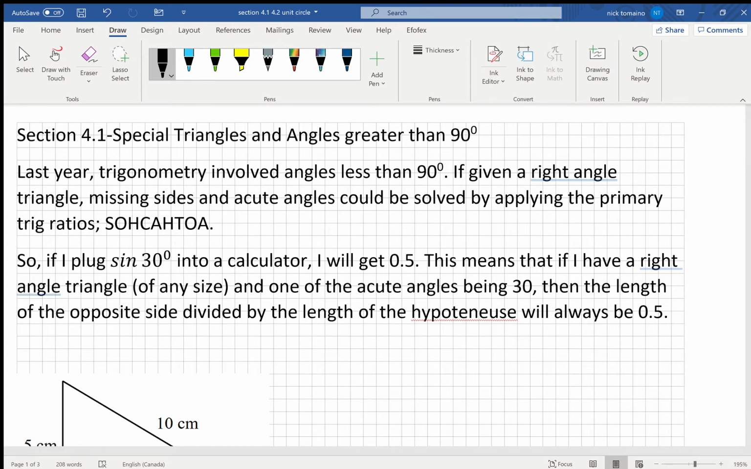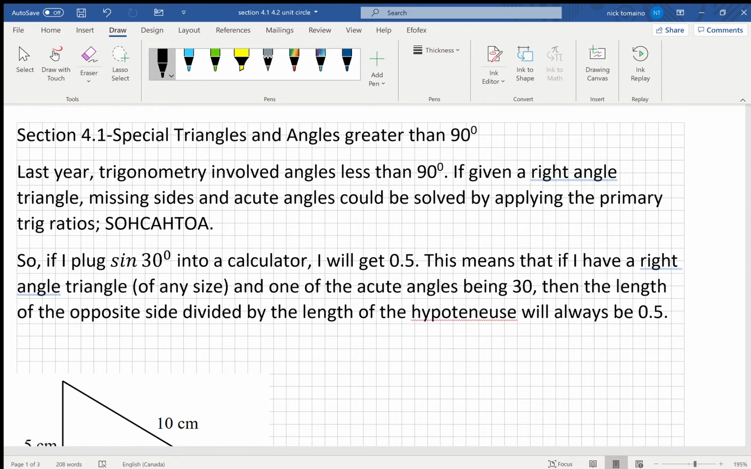So, if you're given a right angle triangle, missing sides and acute angles could be solved by applying the primary trig ratios, which is SOHCAHTOA. So sine was opposite over hypotenuse, cosine was adjacent over hypotenuse, and tangent was opposite over adjacent. Okay, so if I plug in sine 30 into a calculator, you try it now, you will